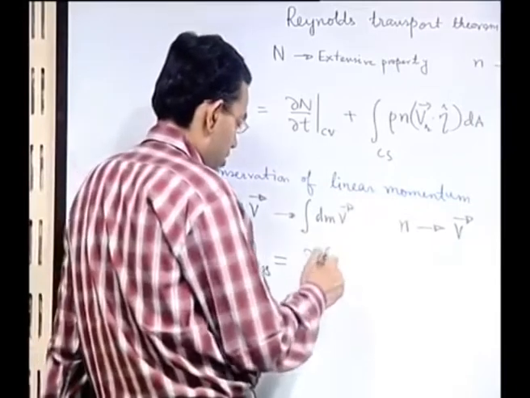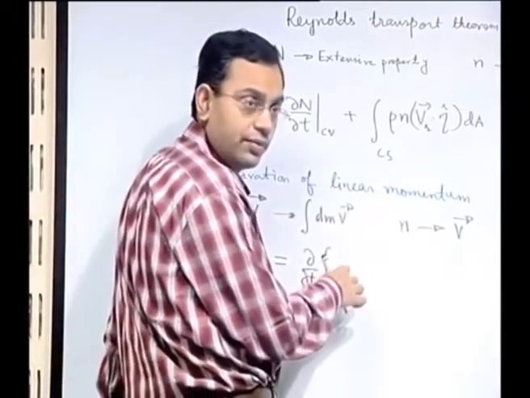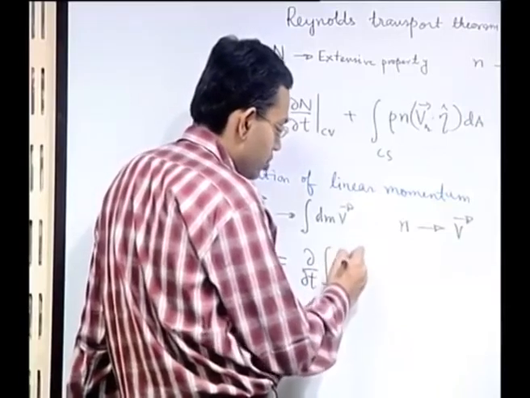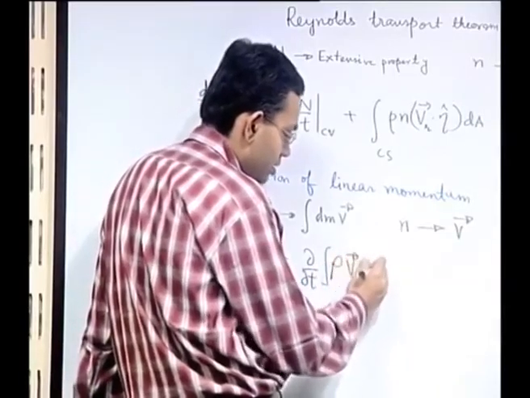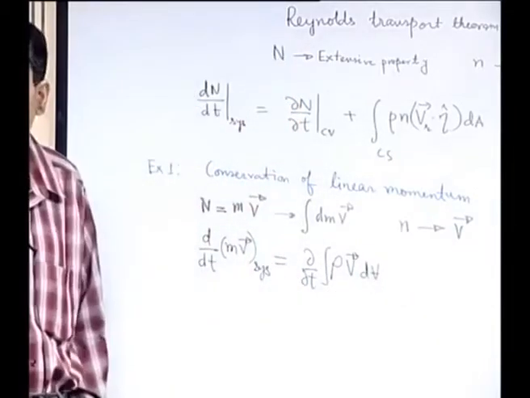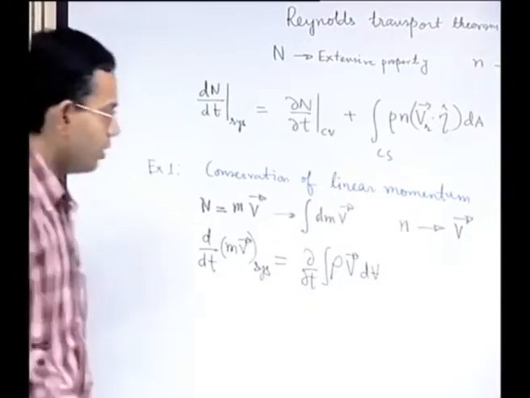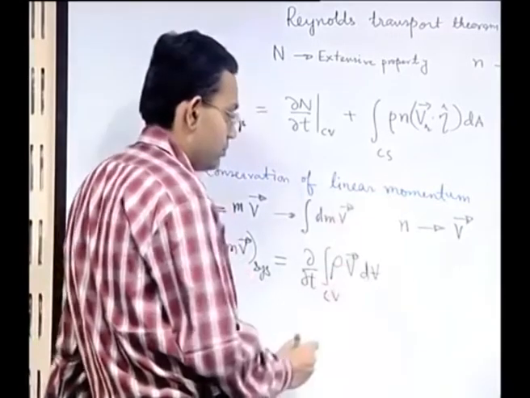Integral dm into V. So what is dm into V? dm is rho into dV, right, of the control volume plus